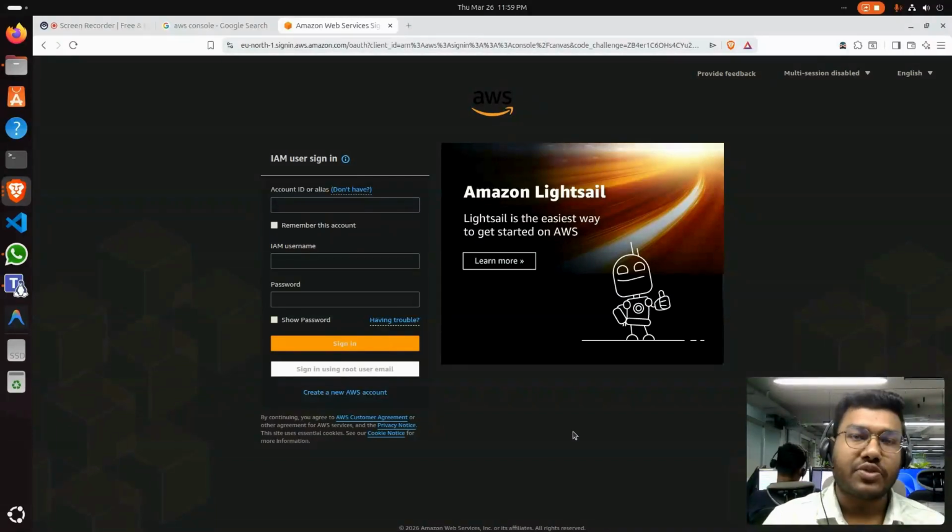He will get some of the access and will manage whatever is needed for you. So when you are the developer, you will get the IAM user, and when you are the main owner of your AWS account, you will have the root user. So you will not log in as an IAM user, you will log in as the root user. So I will click as the root user,